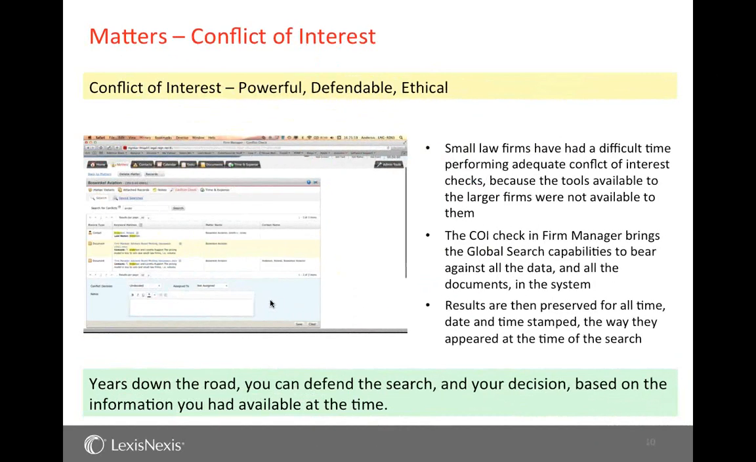Really, really powerful conflict of interest search, and again, I could spend a half hour just on this, but let me simply say that this brings conflict of interest searching to solo and small law firms that has previously only been available in medium and larger sized firms. It gives you not only the ability to search against all the information you put into Firm Manager, as well as the full text of every document you've ever entered into Firm Manager, but then to save the search